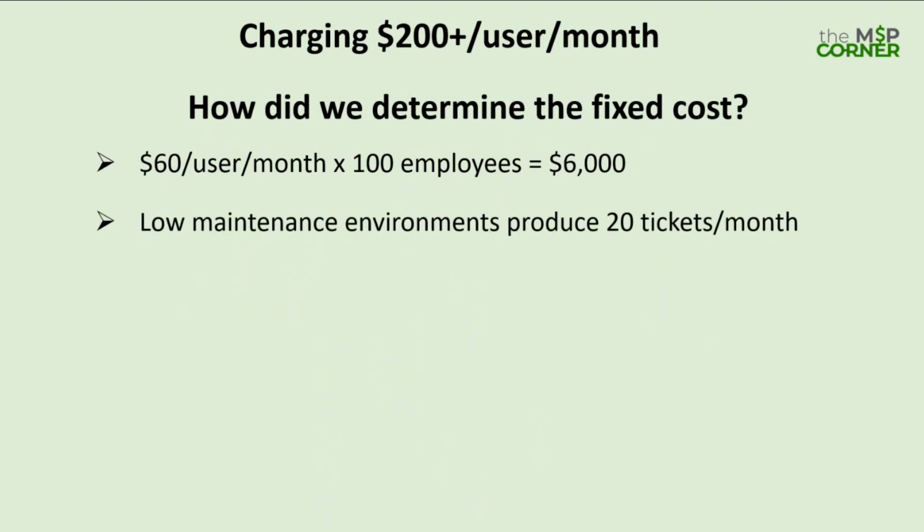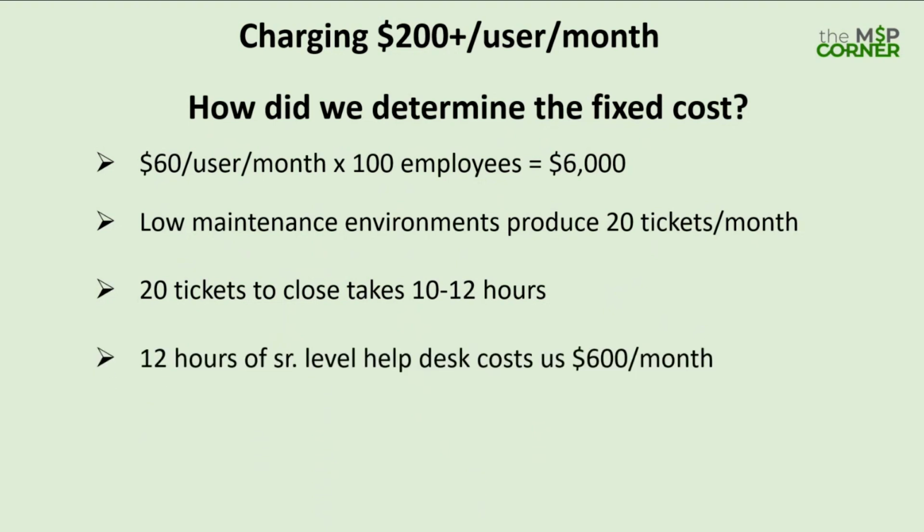Low maintenance environments produce tickets from 20% of the employees. So 20% of 100 is 20 tickets. Worst case scenario is 30 tickets each month, but we're going with 20 tickets for this exercise. So 20 tickets will take 10 to 12 hours a month. If one client opens up 20 tickets, you've got 10 to 12 hours of support. 12 hours of senior level help desk costs us $600 a month. But we're not done,